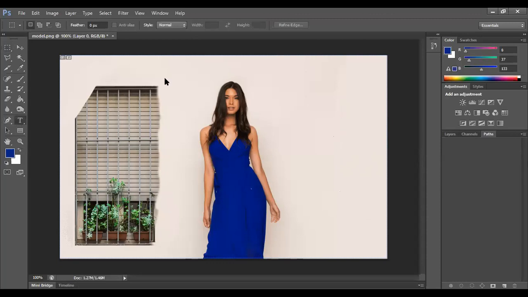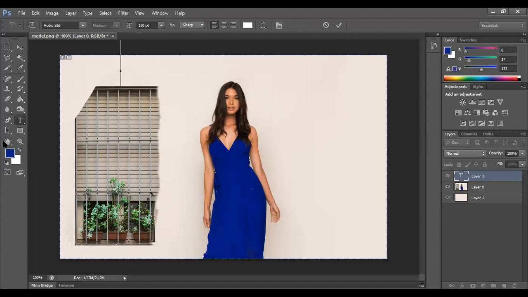Then comes the text tool. If you want to write something on the top, for text you can go with the text tool. A simple way to do text: go to the text tool, type down something. I think I've done this earlier, just writing a simple text, my text here.